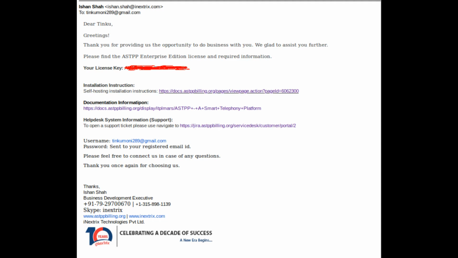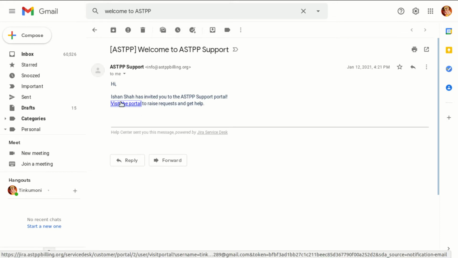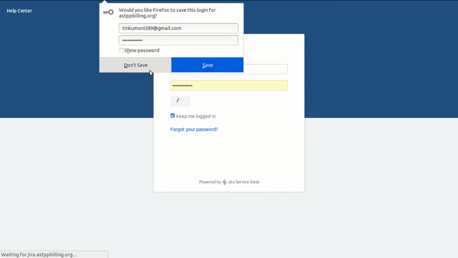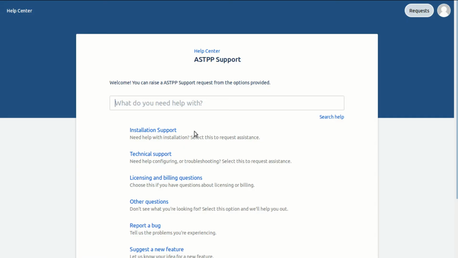With this email you are going to receive another email, and that is like welcome to ASTPP support, where you will have the link, visit the portal. Once we set our username and password, we can directly log in like this. We have to click on login, and then once we log in we can get this page